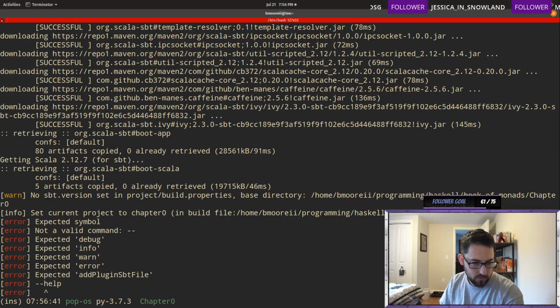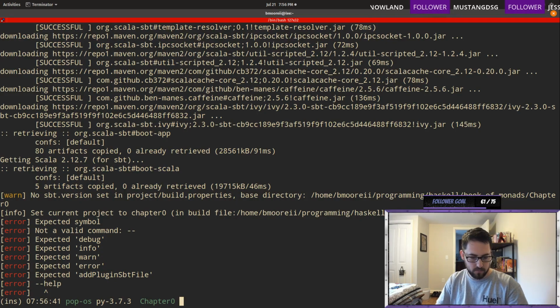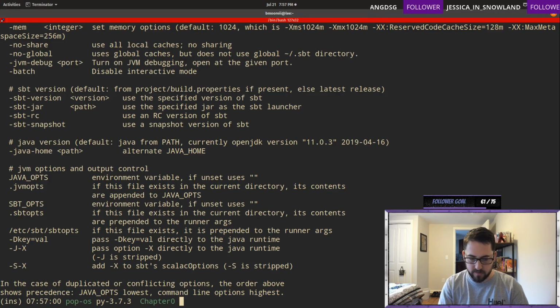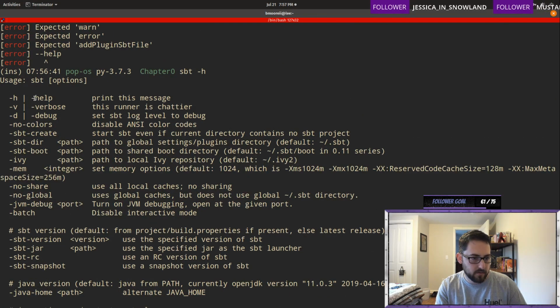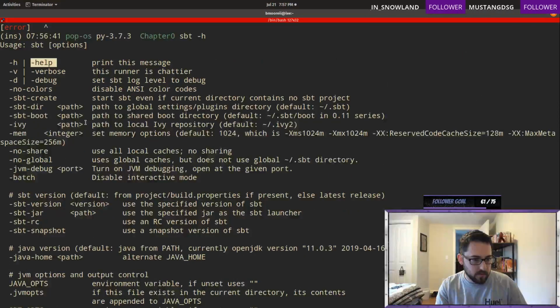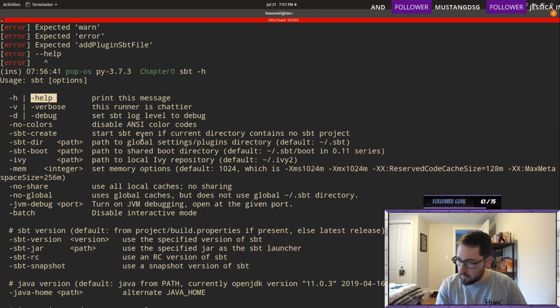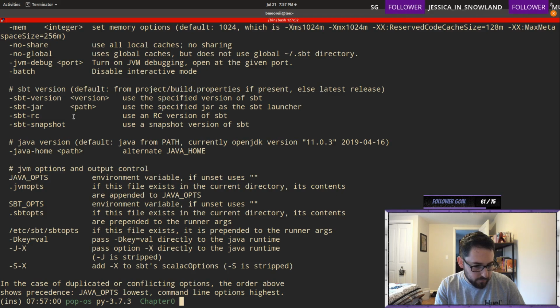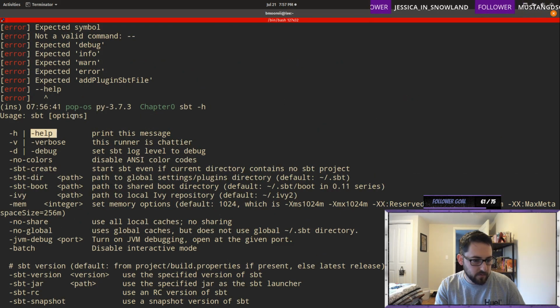Uh-oh. Okay, there we go. It's just not dash help. It's one of these classic things. Yeah, that's fine. I just don't know how to use this, so there's no way to create one of these directories.